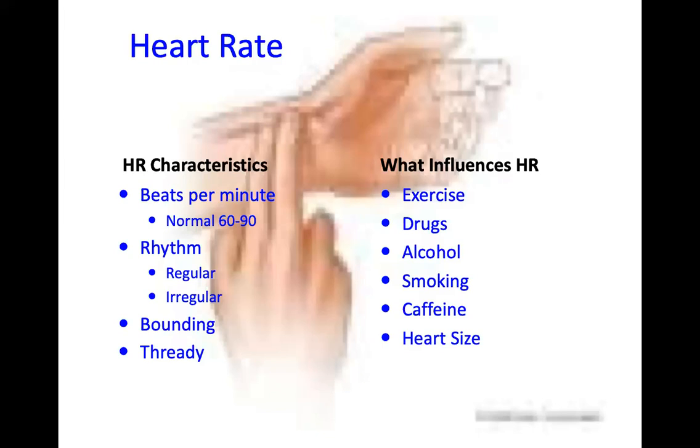Okay, so are there any questions about blood pressure? You know how to take a blood pressure? You're going to put that cuff on the upper arm, and then you're going to put your stethoscope right on the brachial artery. So find that brachial artery, put your stethoscope on, and then pump it up to probably 20 to 30 millimeters of mercury higher than the blood pressure that they tell you is their normal.